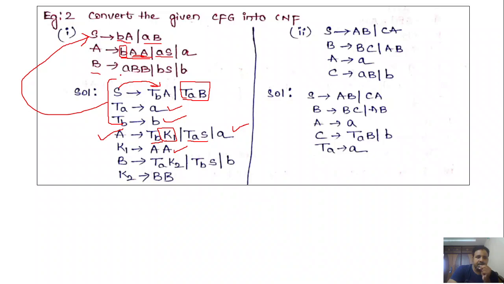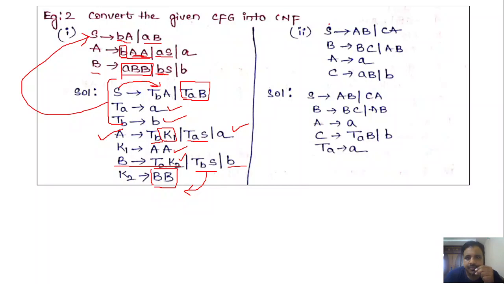So next rule, B denotes small a, capital BB. So how do we write? B denotes TA, BB part we can represent with K2. So TA followed by K2, or BS. BS will be represented as TBS. Okay, and this B will remain as it is because only one terminal symbol we are having. Now what is this K2? K2 is representing two B's. Capital B followed by capital B. Okay. TB denotes small b already added, so no need to write it here again. So this is the CNF. Okay. So if you are aware of these rules, you can directly write it within a minute of time.